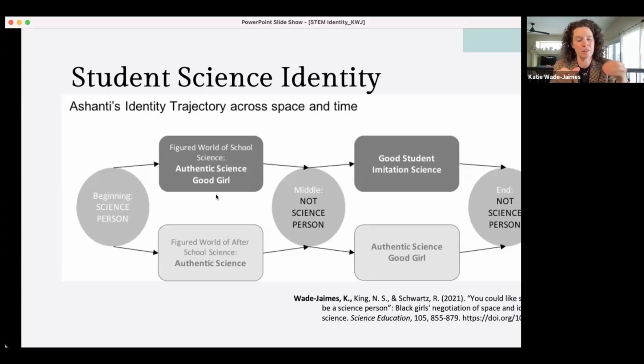However, in school science, in her classroom, she was also engaging in this idea of being a good girl, because that was the most highly valued and recognized identity there. So even though she had lots of questions, she often didn't ask them. She was very quiet in class. She didn't raise her hand very much. And in both spaces, outside of her science identities, she was a 7th grade girl and she saw herself as being very emotional, right? So every once in a while, she would tear up in class.